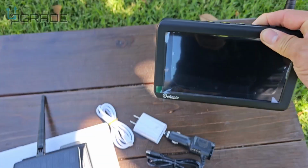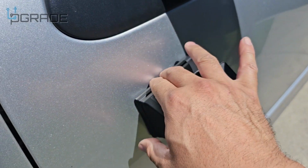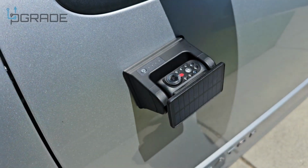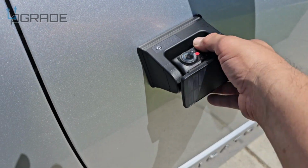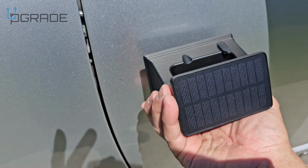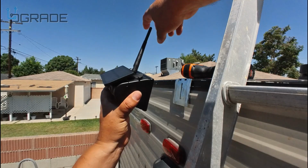So we're going to test it out and see how well it works. The thing about this is the back of it is a magnet, right? So as long as you have some metal infrastructure, you have a place to set it up. If not, you could use double-sided tape. But look at this thing. I'm trying to remove it. Ugh. It is super strong, and this is just the side of the car that we're setting it up to. So on that RV,